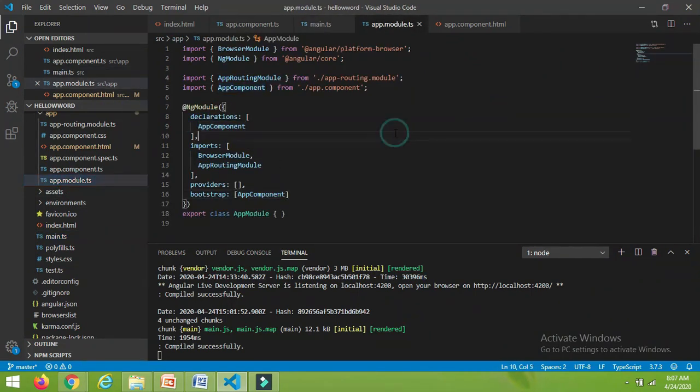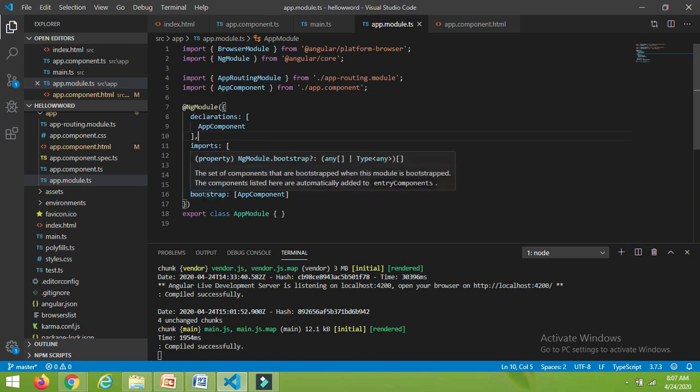Let me open the app.module.ts file. So this is the module file. It defines our module, that is AppModule. In the app.module.ts file, here also we find the bootstrap AppComponent, because in one module there may be several components.